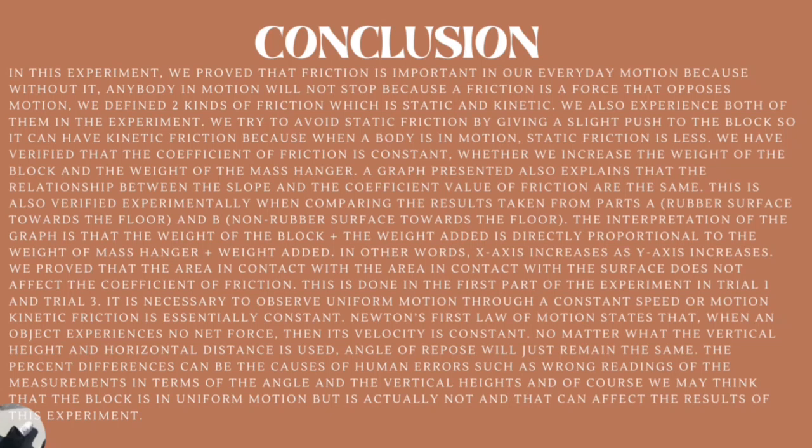It is necessary to observe uniform motion through a constant speed, where kinetic friction is essentially constant. Newton's first law of motion states that when an object experiences no net force, then its velocity is constant. No matter what the vertical and horizontal distance is used, the angle of repose will remain the same. The percent difference can be the cause of human errors, such as wrong readings of the measurements in terms of the angle and the vertical hinge. And of course, we may think that the block is in uniform motion, but